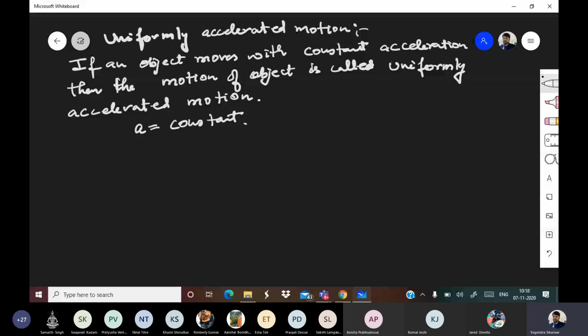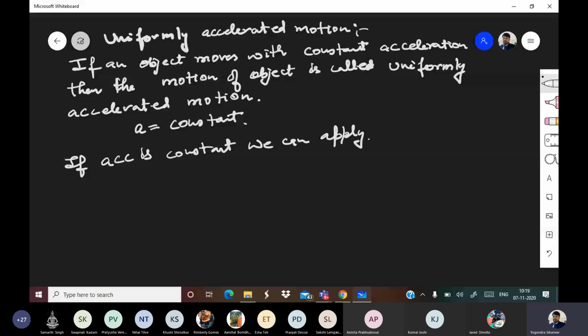If acceleration is constant, we can apply